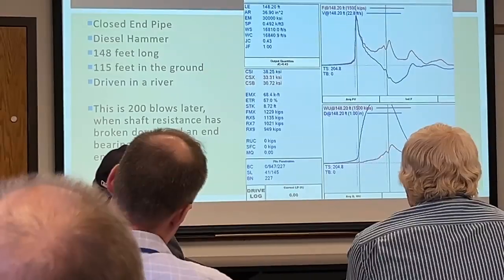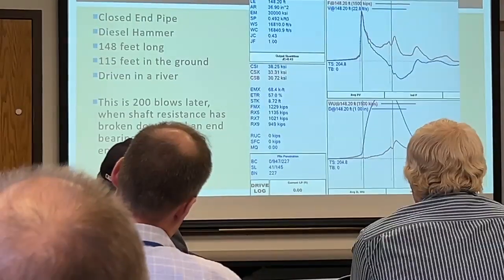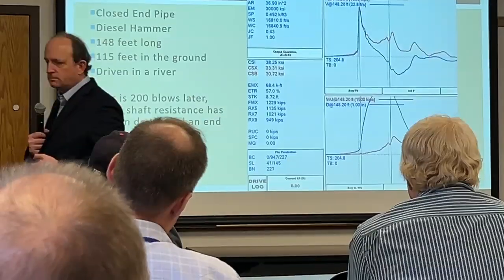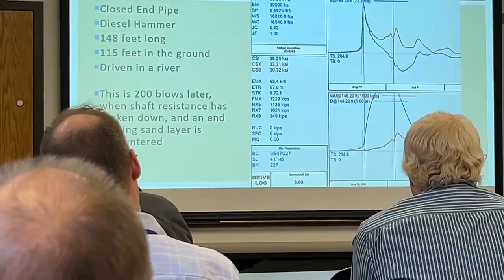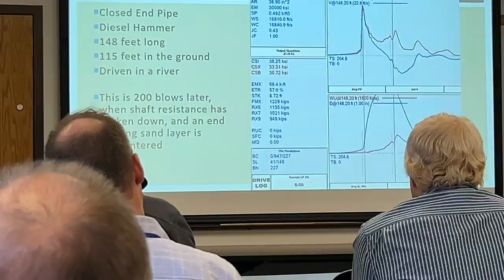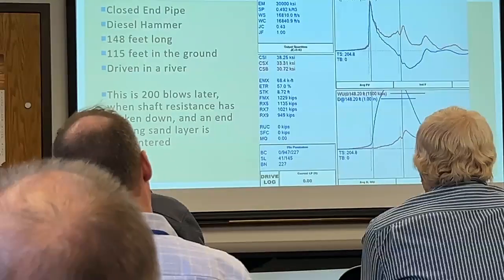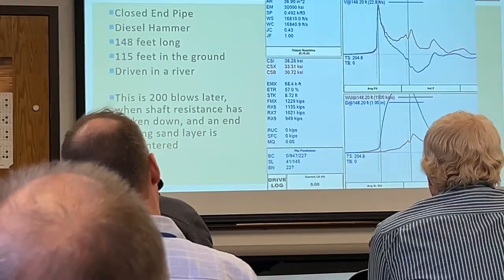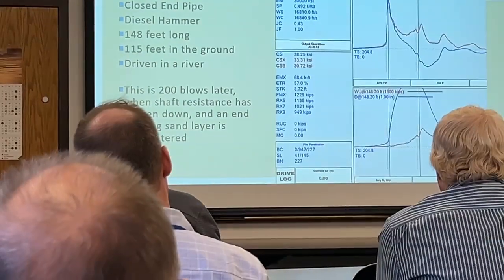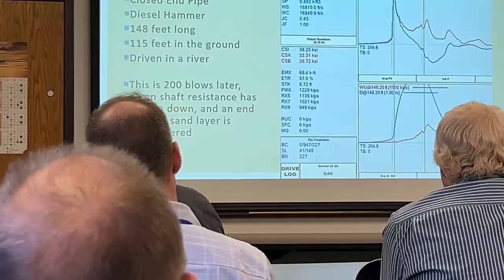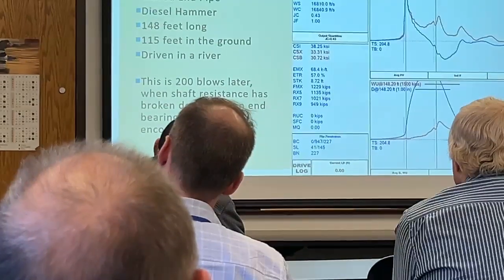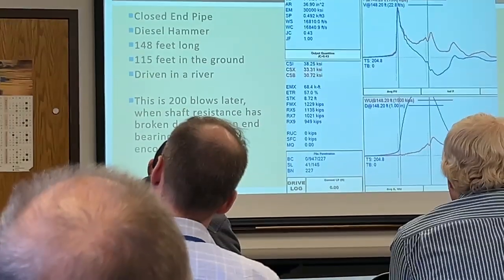We see that it's dropped down. So we partially redisturbed the soil, and that partial redisturbance has now lost some of our shaft resistance. However, when they drove this, they knew there was a sand layer from driving adjacent piles. So they said, wouldn't it be nice if we hung it up above the sand layer, or in the case of potentially a Minnesota scenario, we hung it above that weathered sandstone layer that we can drive into a bit,